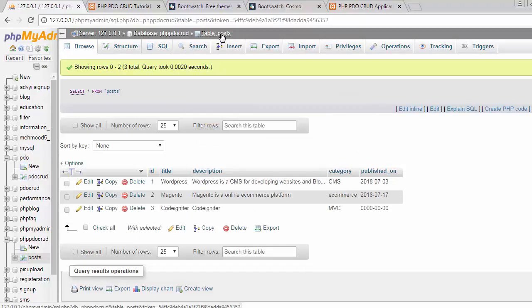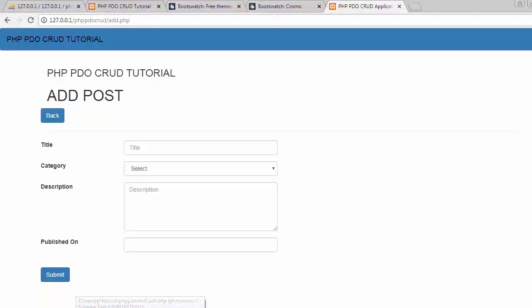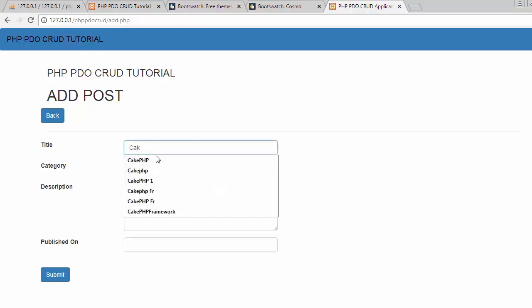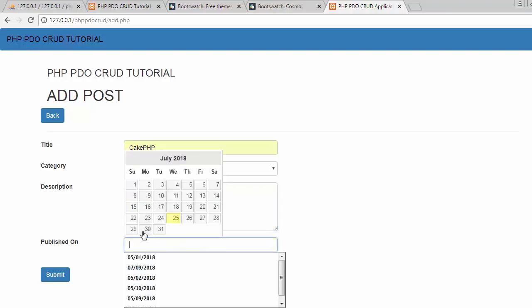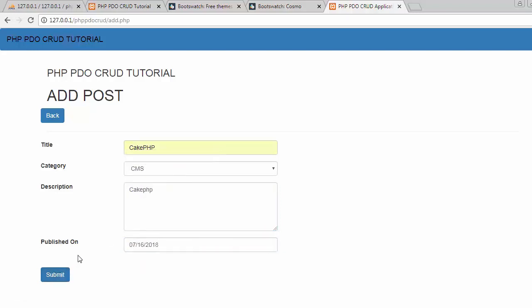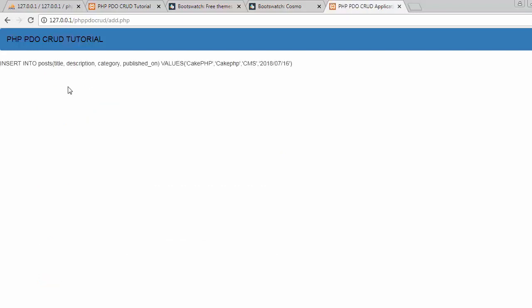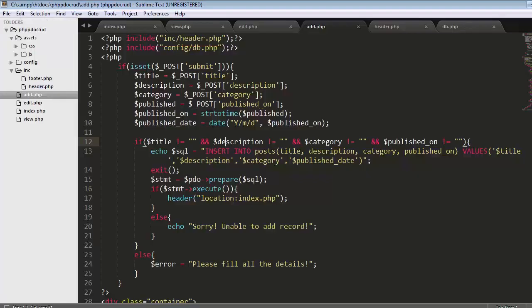Okay, list. Okay, PHP CMS, okay, PHP, okay, and then let's select the date. Okay, now let's click on submit. Okay, now you can see it's displaying me the date properly. Okay, so here this dollar was missing earlier, so now let's remove this. Now save it, and now